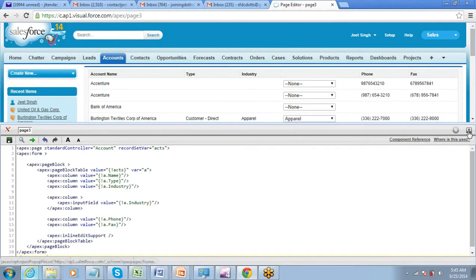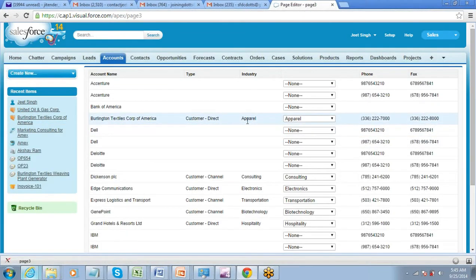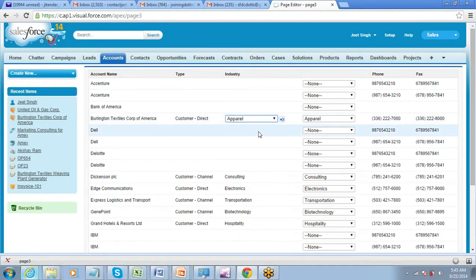What does inline edit support mean? You can double click on any record to edit it.